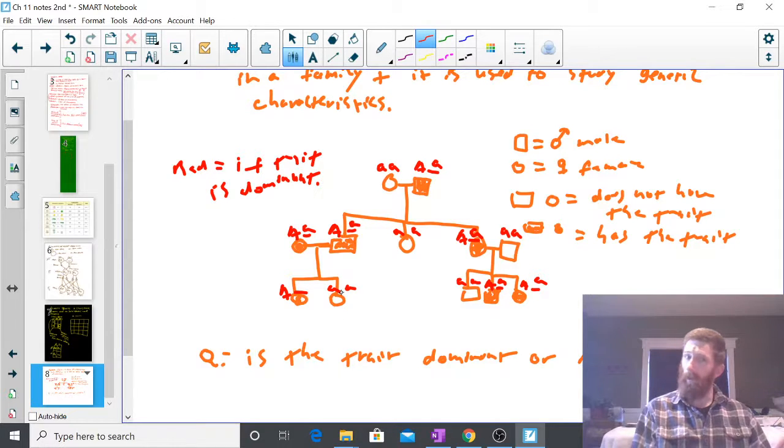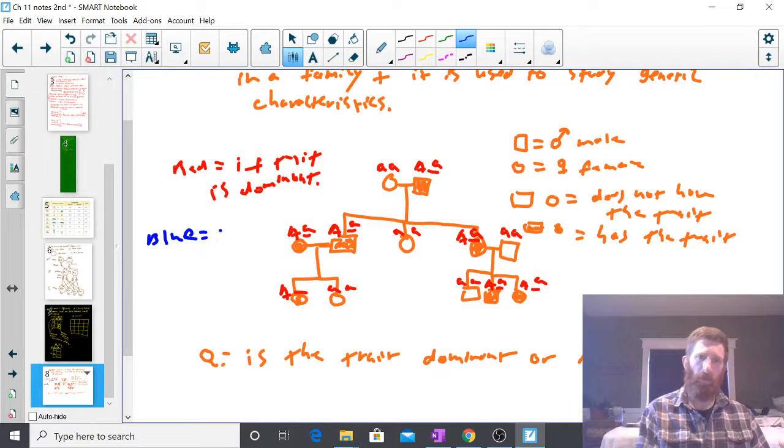And so that works, right? So now does that mean that it 100% for sure is dominant? Well, like I said, this is kind of guess and check. So we can try the other way. So we're going to say blue represents guess and check. If we're going to see if this pedigree, if this pattern of inheritance still works,